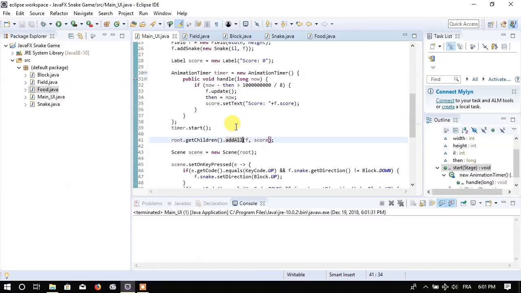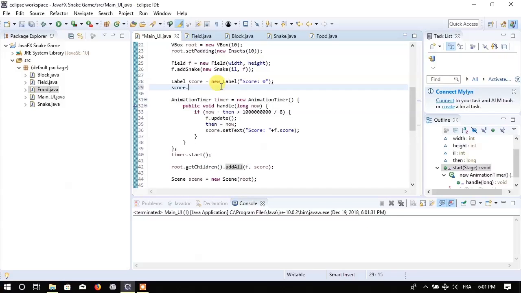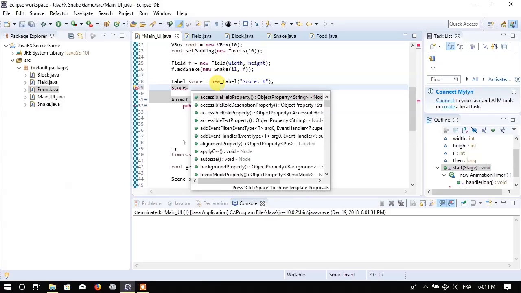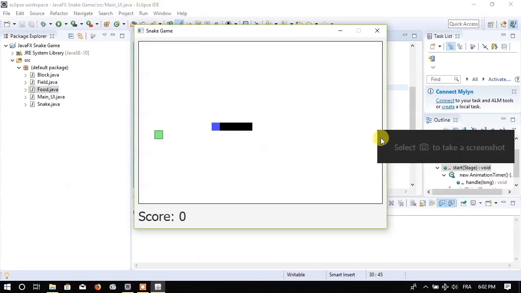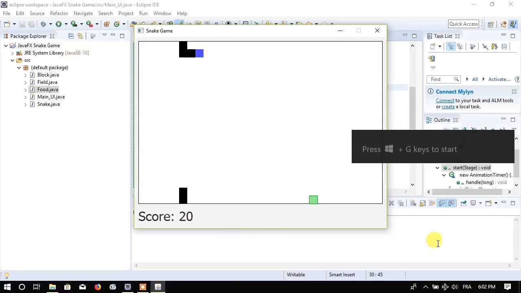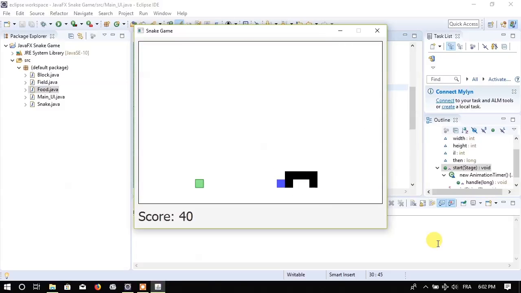Oh, the score is too tiny to be seen, so I'll do score dot set font, new font. I will do, I don't know, Tahoma, maybe 32. Yes, there we are. That's a very basic snake game made using JavaFX,